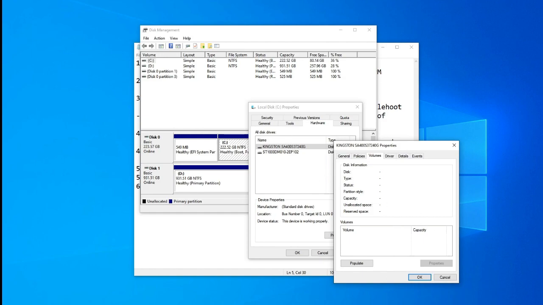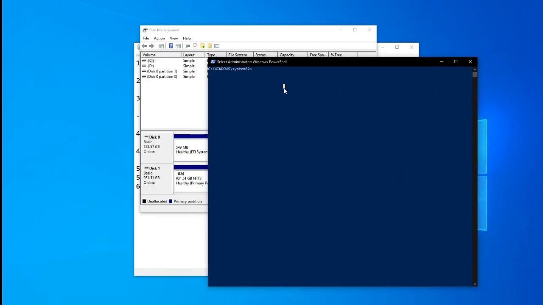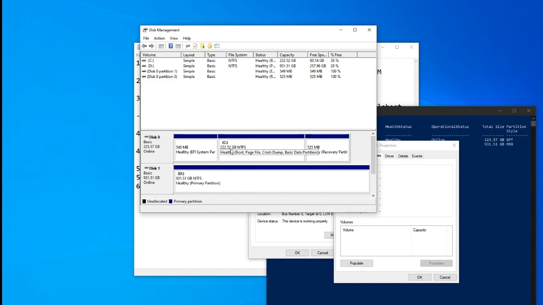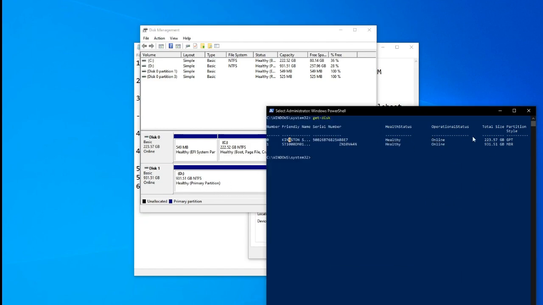However, you can check the same thing from PowerShell. Just open PowerShell, run it as an administrator, and type this command: Get-Disk. If you see, it gives me the two disks that I have, the C and D drives. The first, C drive, is 223 GB, and the other is 931 GB. My 223 GB disk, where my C drive is installed, is in GPT, and the other is in MBR. I have converted this from MBR to GPT. I'll show you the commands you need to follow when you run this.